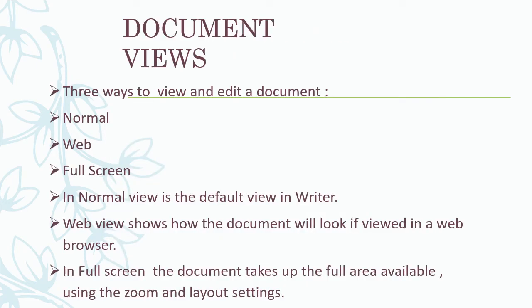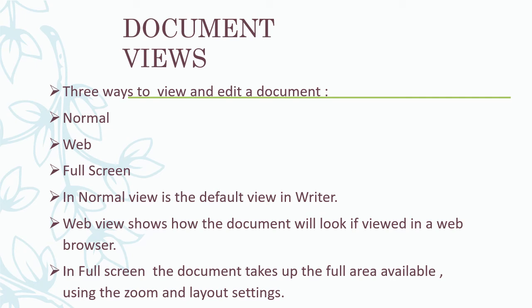The next one is document views. We have created the document, and what are all the document views we have? There are three ways of viewing and editing the document, and those are known as document views.